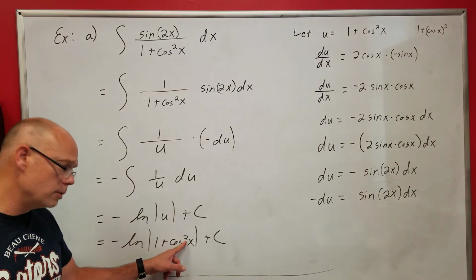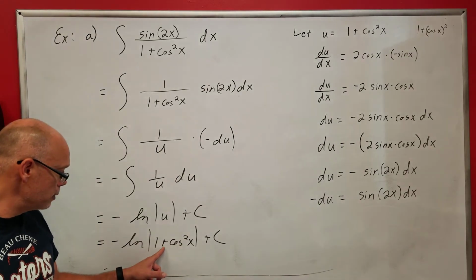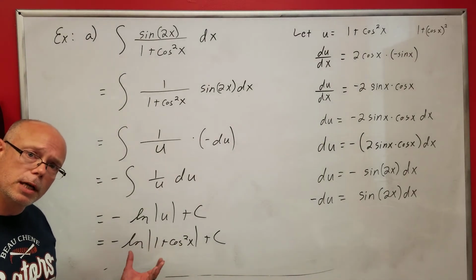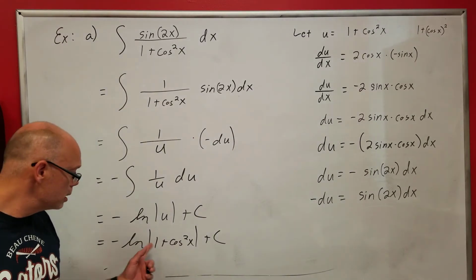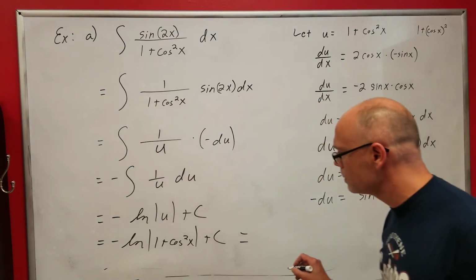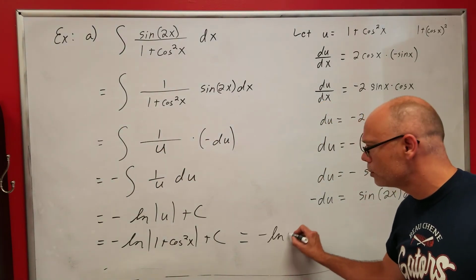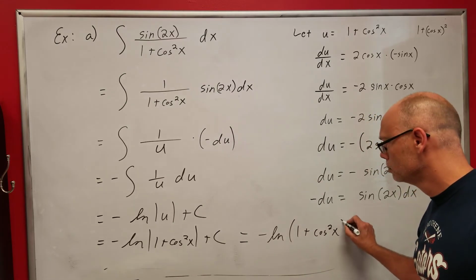So it's either going to be 0 or positive if I square it. 0 or positive, if I add 1 to it, is a positive number, right? So what's the absolute value of a positive number? The same as that number. So I could drop those absolute values and say this is negative natural log of parentheses 1 plus cosine squared